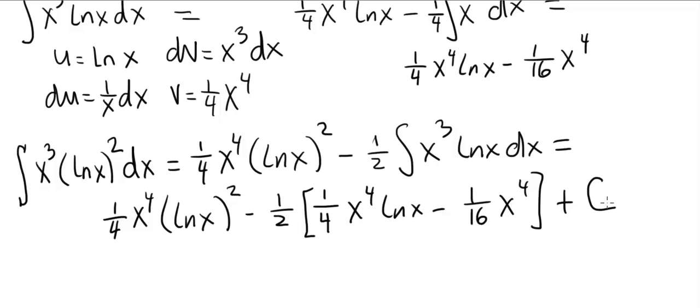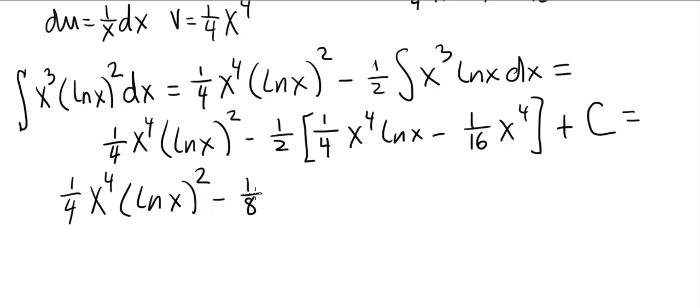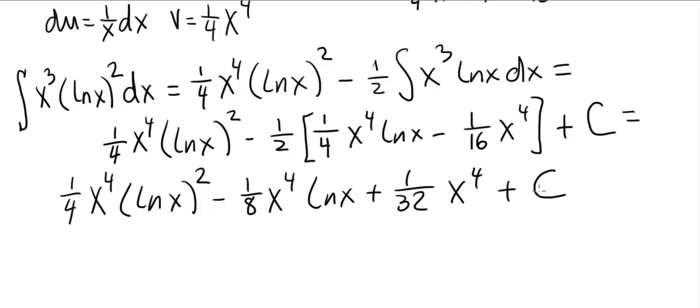Don't have to multiply c by anything. C is always added at the end. And let's simplify this just a bit to get the final answer. The final answer is 1/4 x to the 4th times ln of x squared minus 1 over 8 x to the 4th times ln of x plus 1 divided by 32 x to the 4th, and then add c at the end. Now we can, if we want to, factor out x to the 4th. As you can see, all three parts have